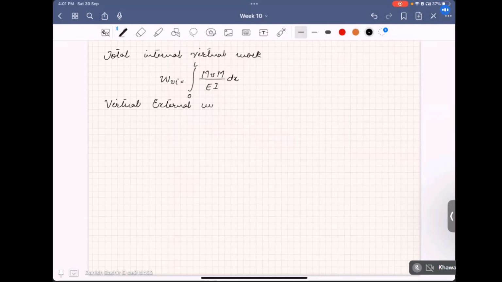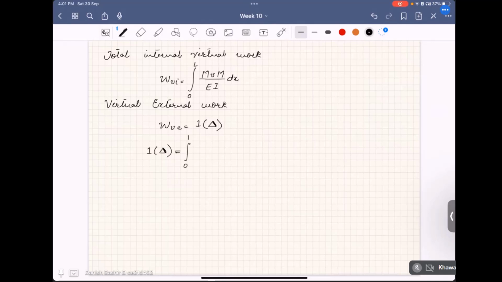Virtual external work, you already know, is this: we have applied a fictitious load of 1 kilonewton going through a real deflection delta. So the work done will be 1 times delta. Following the principle of virtual work for beam deflections, we have 1 times delta is equal to